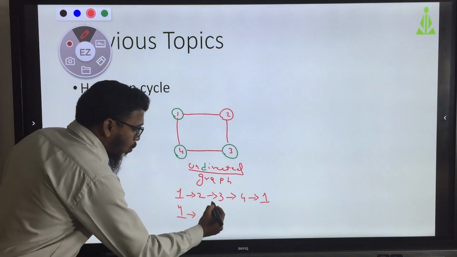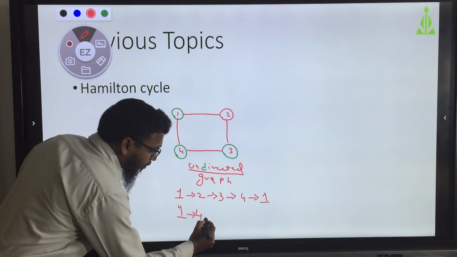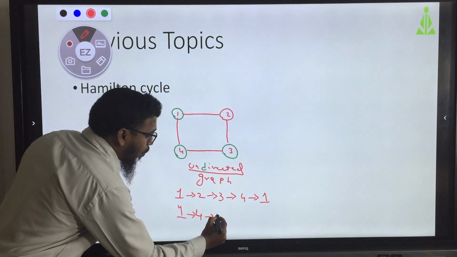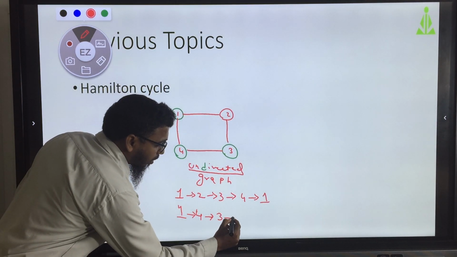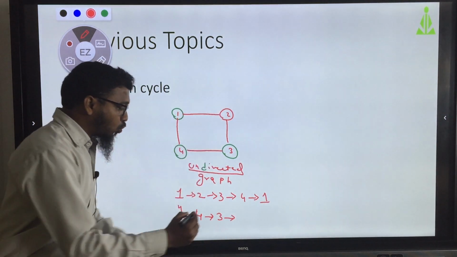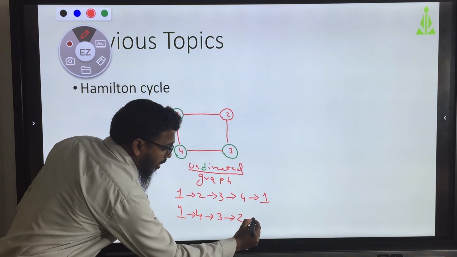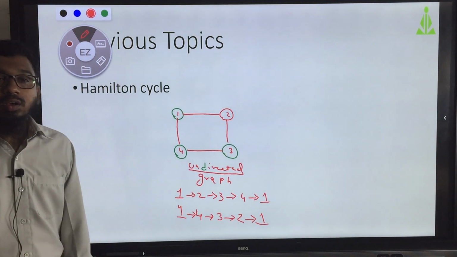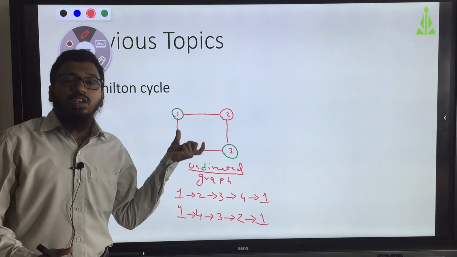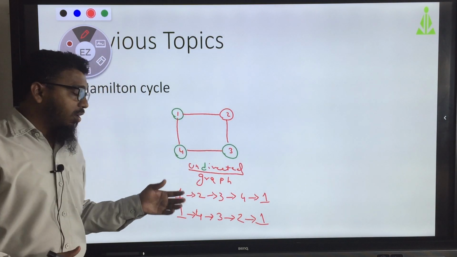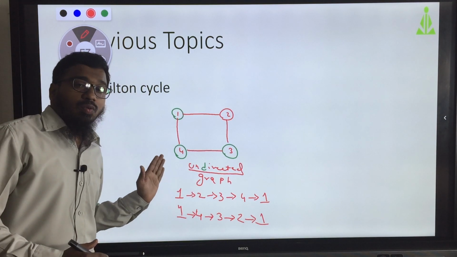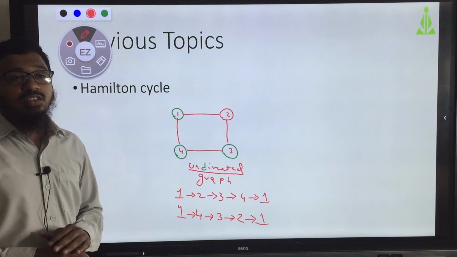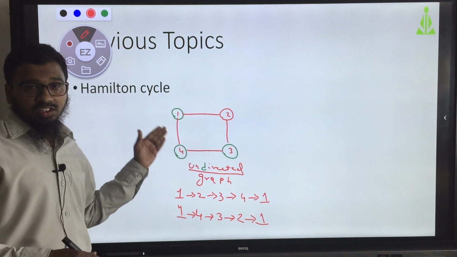The next path is 1 to 4, then 4 to 3, 3 to 2, and from 2 to 1. So this is a Hamilton path for the given graph. Where it starts, it should return to that same place, visiting all the vertices.